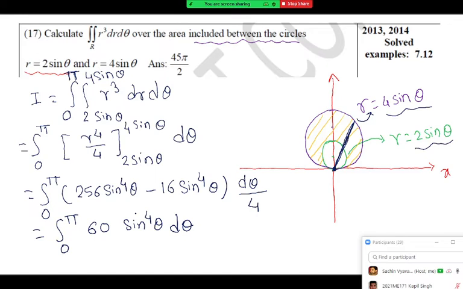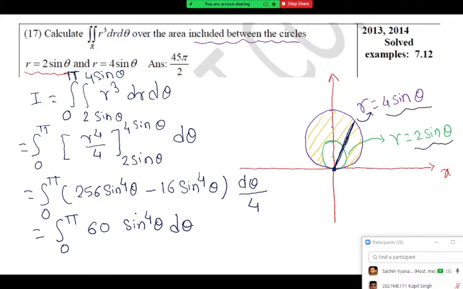Instead, I recommend whenever there is a trigonometric power of sine and cosine only. There are only this type of examples in our syllabus where we have a higher power of sine or cosine, and it is a definite integral. So the thing that you should remember, we are going to use the Wallis formula. Either the Wallis formula or later on you will learn the beta function. These both are simple ways to evaluate this type of integral.